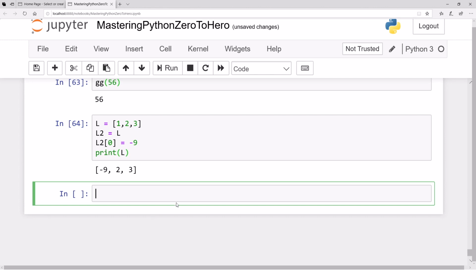Well, the behavior that I want to show you is different in the default values when we talk about lists. For example, let's say we define a function ff, and it accepts